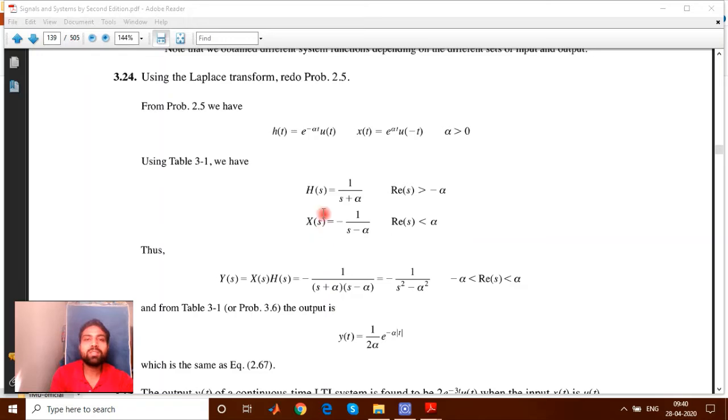So the simple process, step number 1, find H(s). For transformation into the frequency domain, we are talking about the Laplace transformation, so h(t) will become H(s) and x(t) will become X(s). So you have the Laplace transformation of 1 upon s plus alpha, and for this it is 1 upon s minus alpha. Now what is the target to find out? The target is to find out the system response, and the system response can be given as the multiplication of these two easily. So you can find Y(s) as X(s) times H(s).